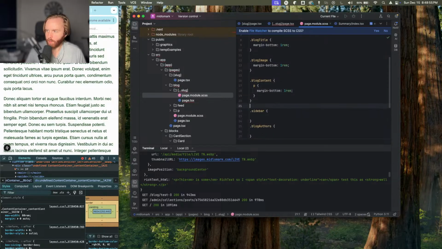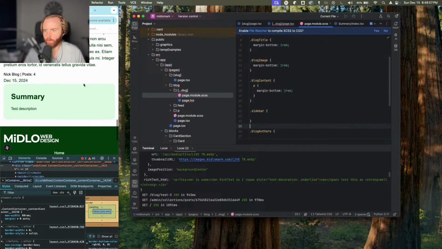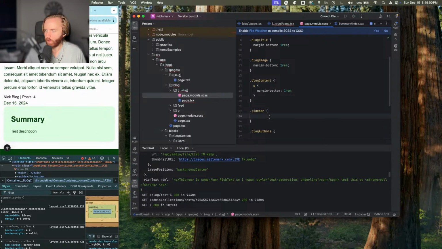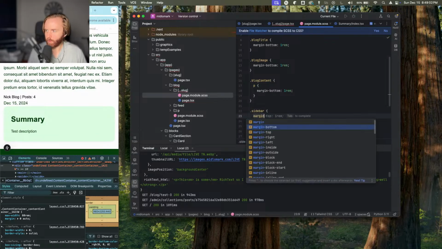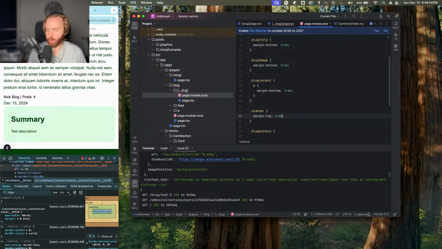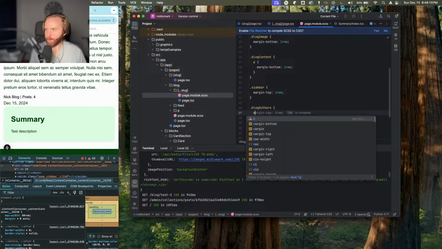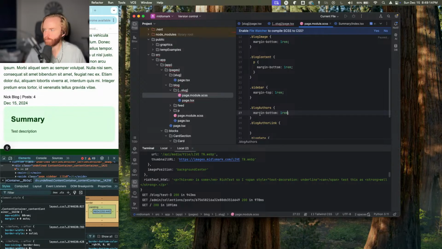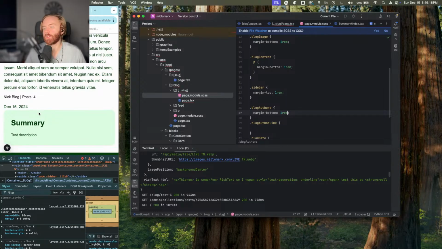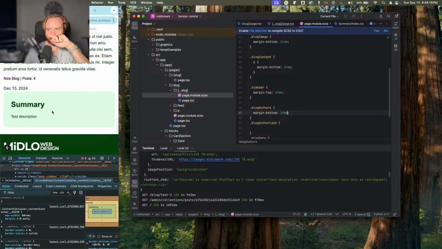And then our sidebar, for the small screen at least, we'll do a margin top of 1 rem to give it a little bit of separation at the top. Our blog authors, we'll do margin bottom of 1 rem, separate from the date. And then